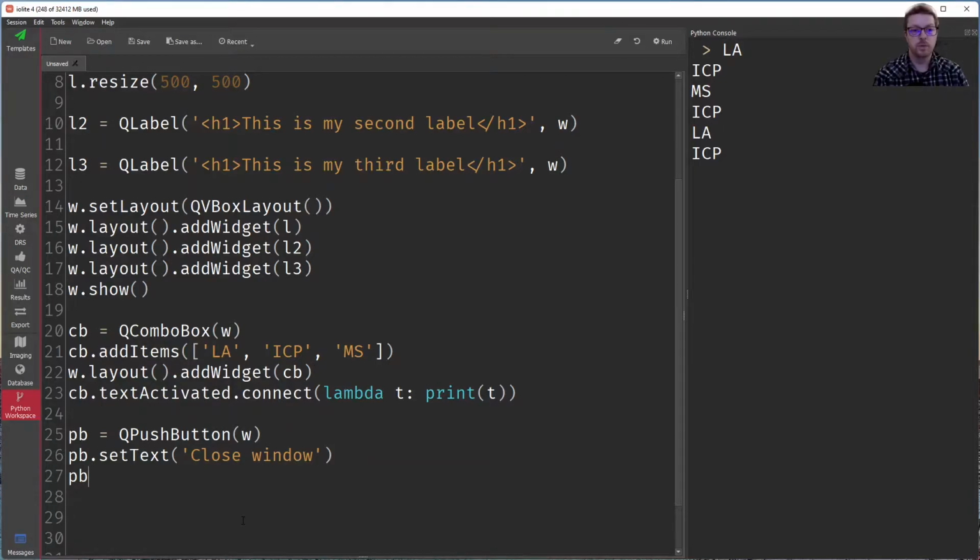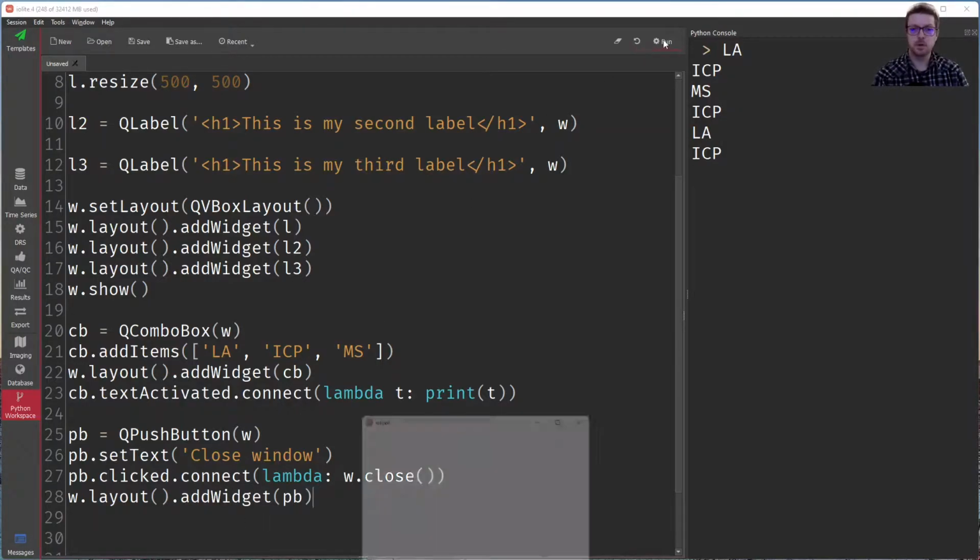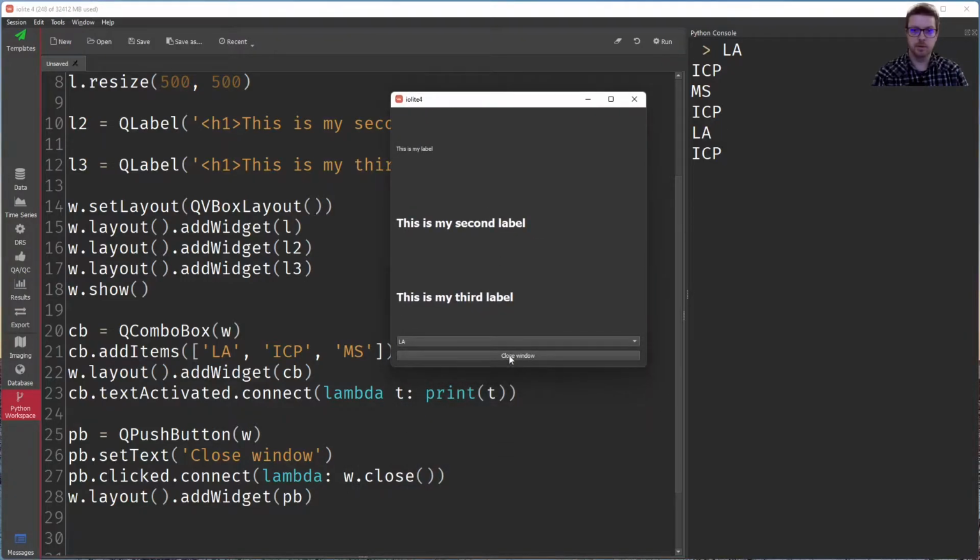Then we'll do pb.clicked, which is a signal of a QPushButton. The clicked signal will happen when somebody clicks the button. Then we'll connect, and in here we'll do a lambda, but we'll do w.close. This will close our widget. And then we can't forget to do w.layout().addWidget(pb). Now if we run it, we've got our button at the bottom, Close Window, and if we click it, the